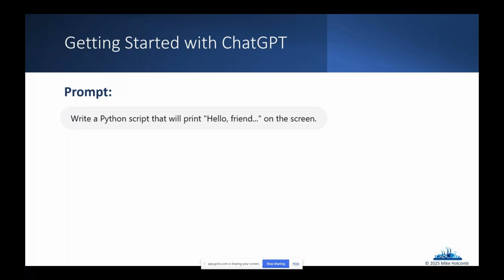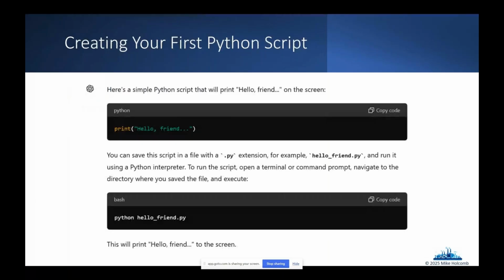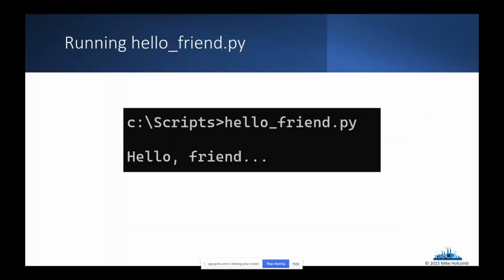The really cool thing is, all the platforms are very similar. It comes back and says, hey, here's your script. Of course, this is just one line. It even explains what the script does, and even tells you how to run it if you don't actually know how to run it, or if you've never done anything like that before, which is really cool. And you can even click the little copy code button, so that way you can just save it out to your script and run it. And then it says, hello, friend,